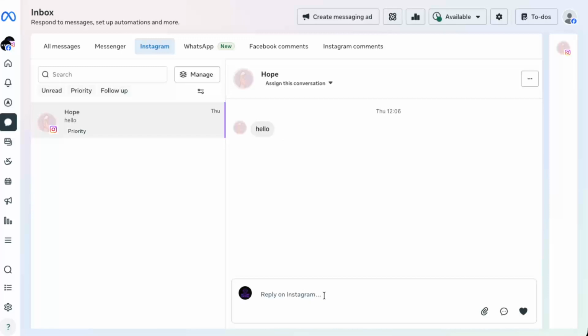To reply to someone, click into the text field at the bottom of the chat window. This is where you type your message. You can write a simple response, answer a question, or follow up with a lead. When you're happy with what you've written, click the Send button. Your message will go straight to the customer, and the conversation